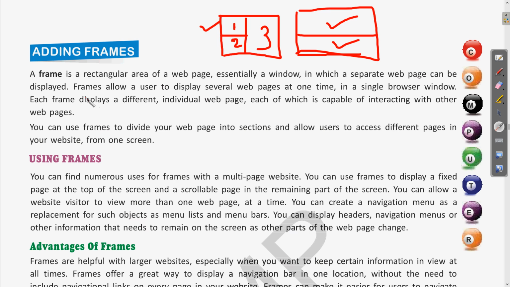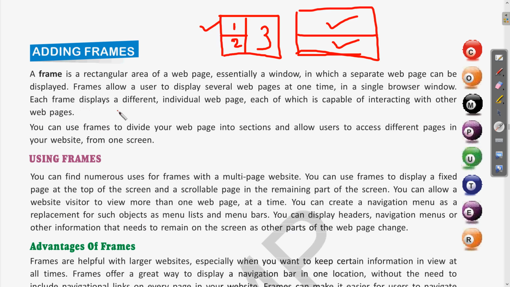Clear? So frames allow a user to display several web pages at one time in a single browser window. As we were talking about, using this frame we can create sections in this whole area, and this way we can view various web pages on a single browser window.